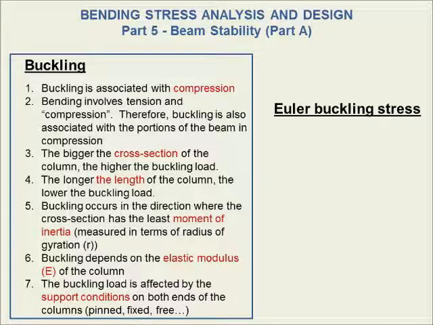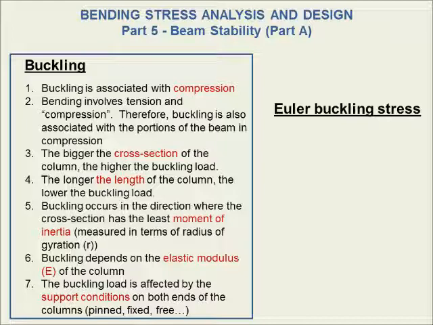Our friend Euler, who did a lot of work in mathematics and engineering, did a bunch of empirical tests, varying all these parameters which we've talked about, right? Just to go through the parameters again, we said that the bigger the cross section of the column, the higher the buckling load, right? And also that the longer the length of the column, the lower the buckling load. These two taken together, number 3 and number 4, are known as the slenderness. Okay? Basically, the slenderness has to do with the length and also the resistance of the cross section to bending,